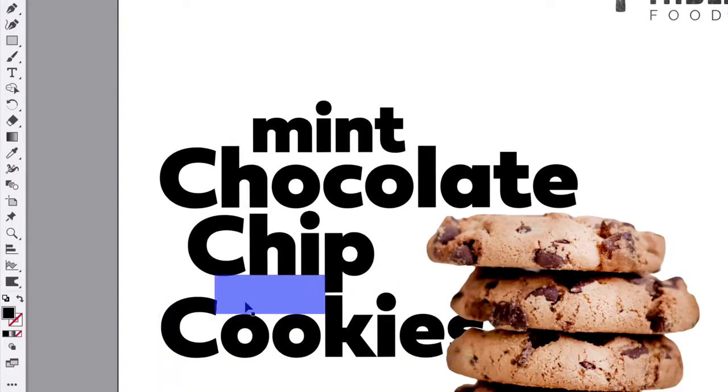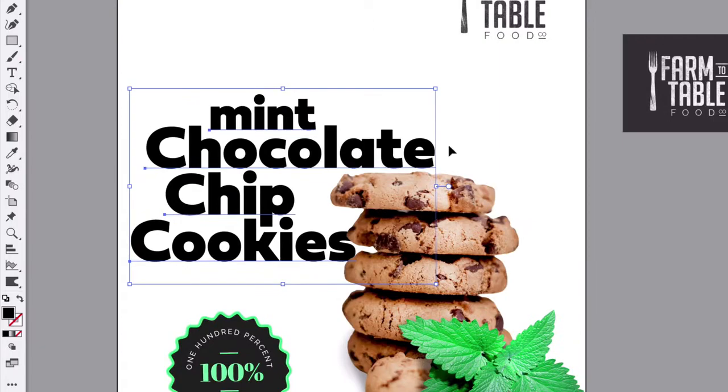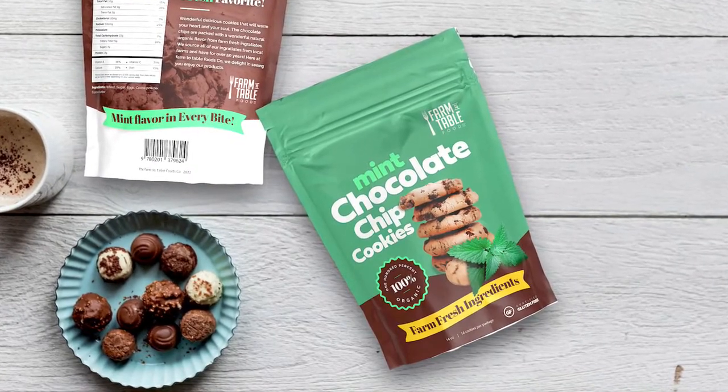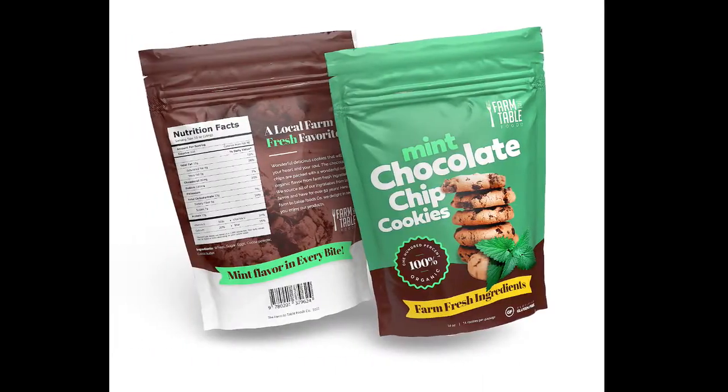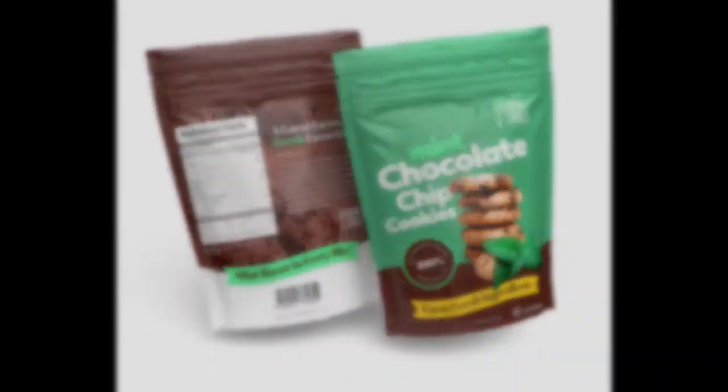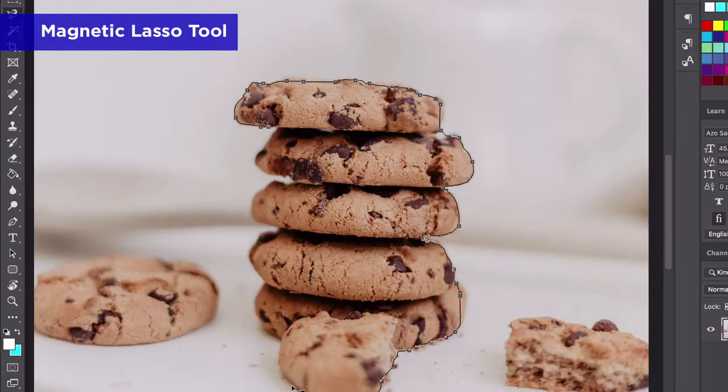Have you ever wanted to walk through the creation of a package design? This class will help you add package design as a new skill set and help you add stunning pieces to your design portfolio. We will walk through the entire layout, concept, and graphic design process for a package design of cookies. We will take the time to learn Photoshop's many tools to cut out, isolate, and adjust our food photos